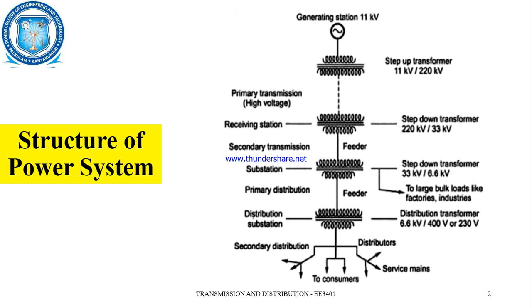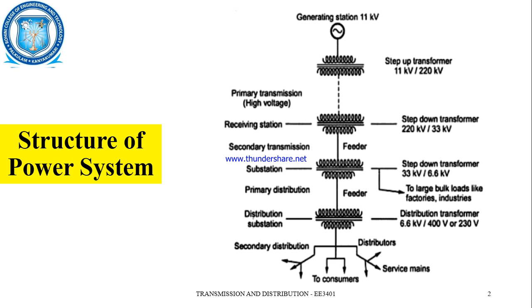So from the generating station, the electricity is initially stepped up using a step-up transformer from 11 kV to 220 kV, and this case may be from 33 kV to 132 kV, etc. There are different cases. This primary transmission is very essential because it takes place for longer distances, hundreds of kilometers, and this transmission will not be disturbed by any tappings from it. That is, no consumers are being directly connected with the primary transmission. And from this primary transmission,